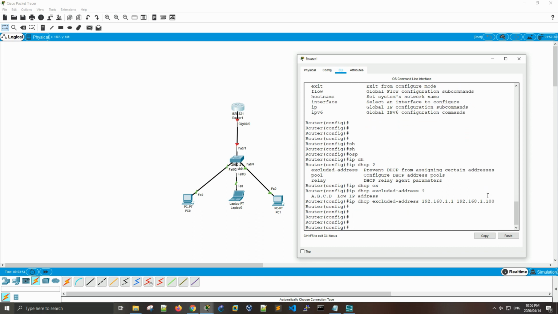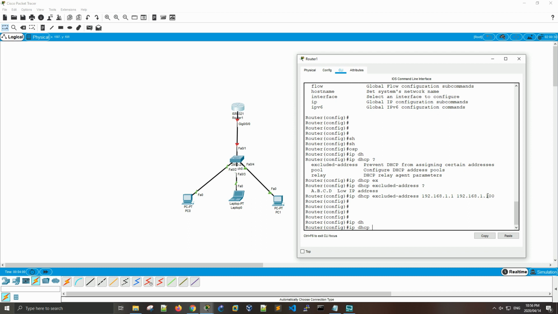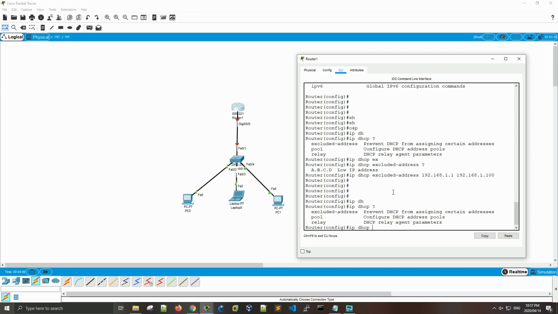So now that the exclusion has been configured, let's go ahead and configure the DHCP services themselves. So we'll say ip dhcp and we'll question mark. So we'll see over here that we've done this step now. We will be creating a pool and not a relay, because we're not relaying from a server, we are creating